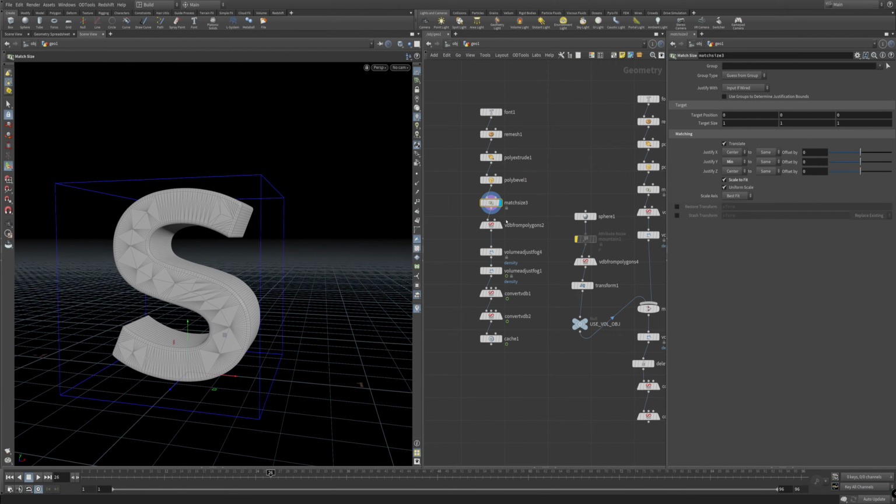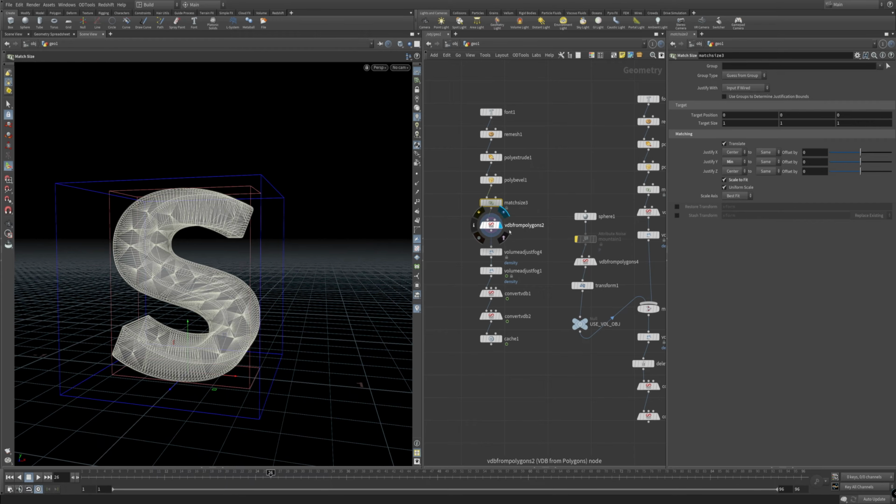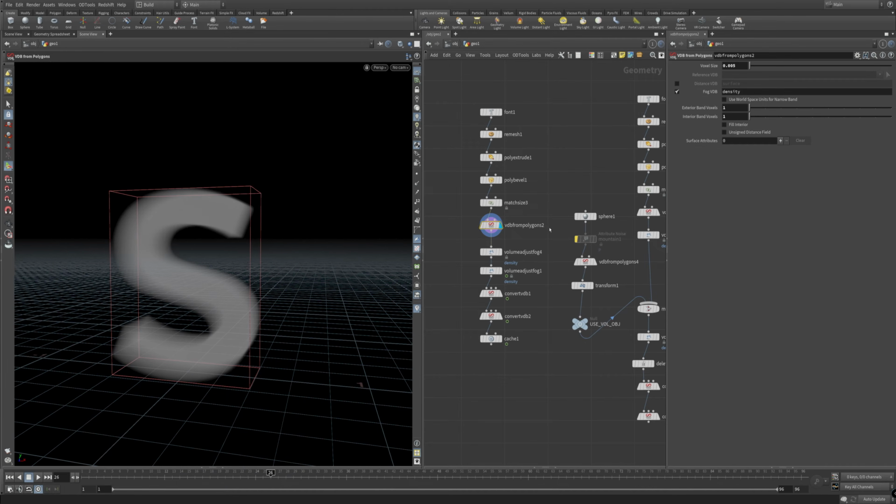Nothing really fancy. And you're probably saying, well, it's going into a VDB anyway. Why do we care? I don't know. I might use it in the future for something else, so why not get set up ahead of time just for the sake of it? What if I want to do like some particles coming off here or something? Who knows? So that's why. But yeah, we're basically going to throw it in a VDB from polygons and kill all the work that we put into this. It's kind of useless, but anywho,